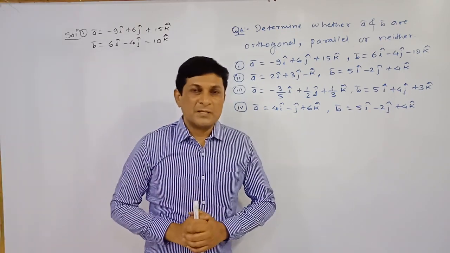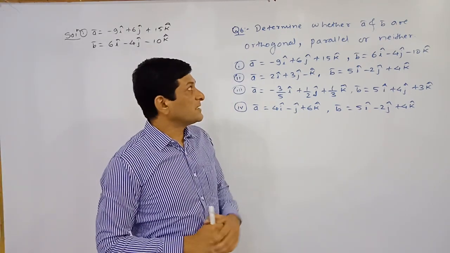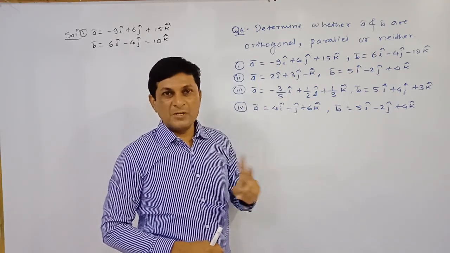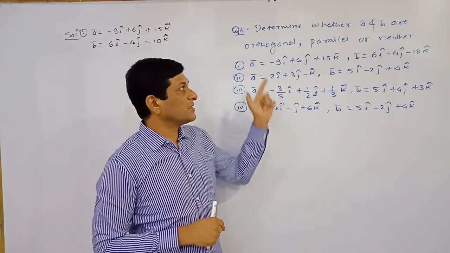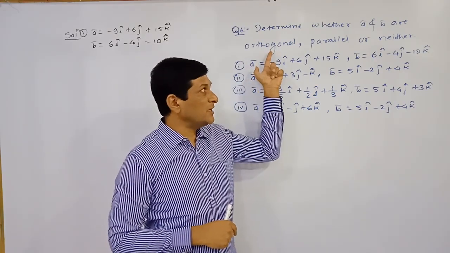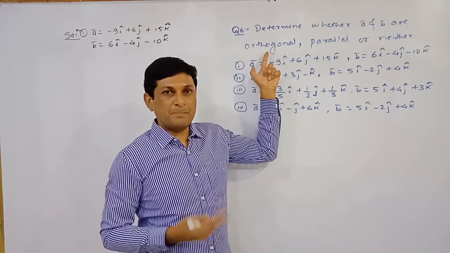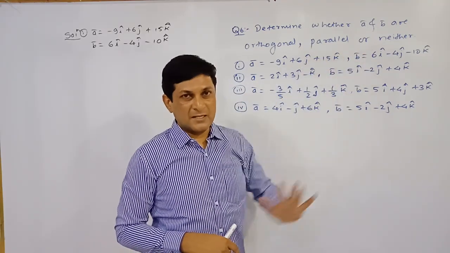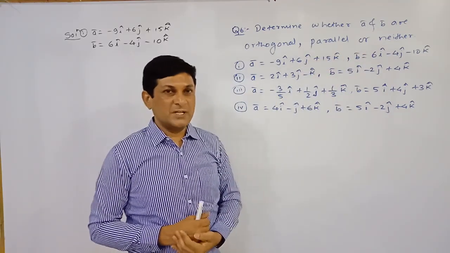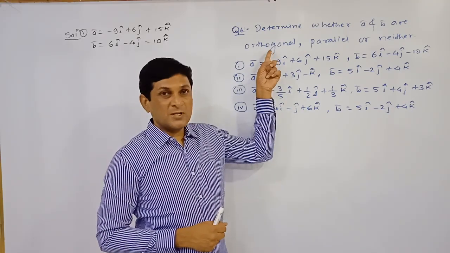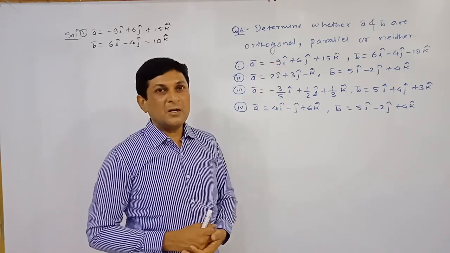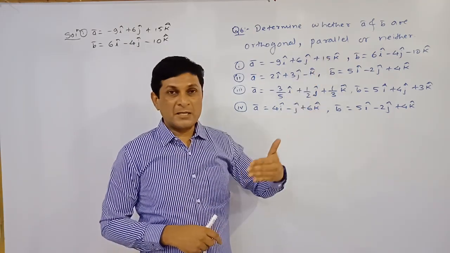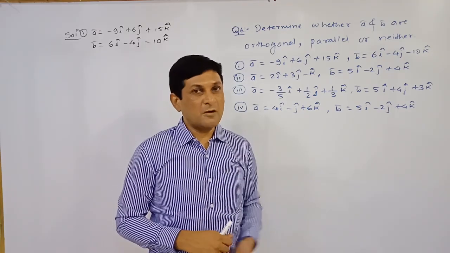So now see question number 6. In question number 6, some vectors are given to us. 4 examples are there. In each example, 2 vectors are given to us, and we have to check whether the given vectors A bar and B bar are orthogonal. Orthogonal is an alternate word for what? Perpendicular vectors. Means we have to check whether the vectors are perpendicular, parallel, or neither. Parallel is an alternate word for what? Collinear vectors, isn't it? And orthogonal means perpendicular. We can say that vectors are perpendicular if the dot product is 0, and we can say that vectors are parallel if one vector is expressed as a scalar multiple of the other vector.